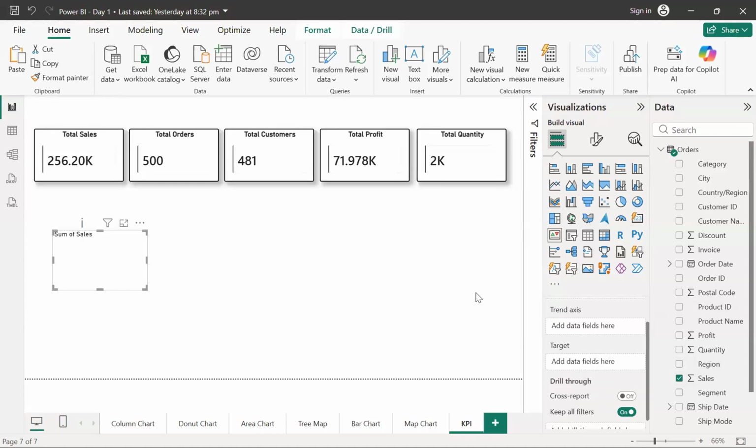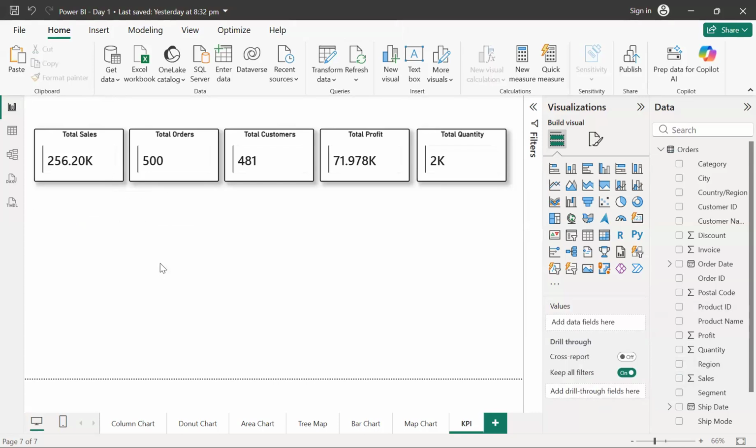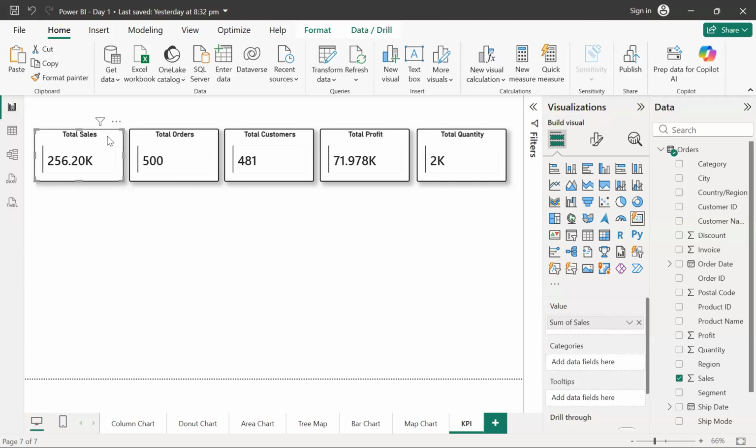It is like a small chart where you again require two columns. It will not show anything with just one column like this. But the cards we have created right now use just one column at a time, because we just want to get that particular information. Okay, thank you.